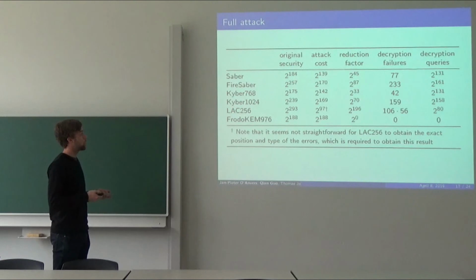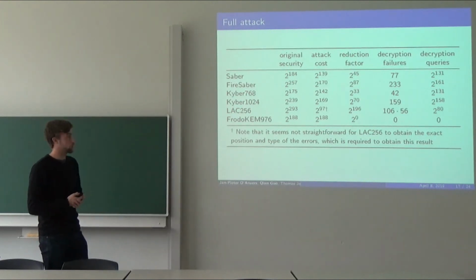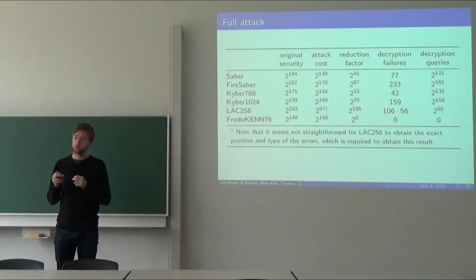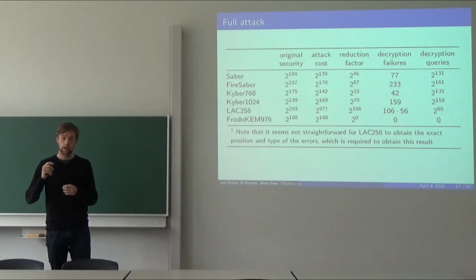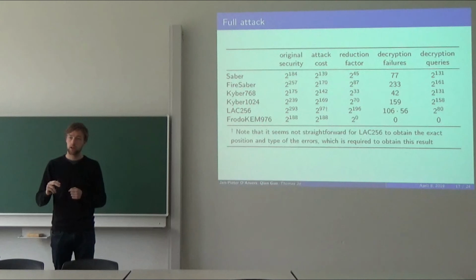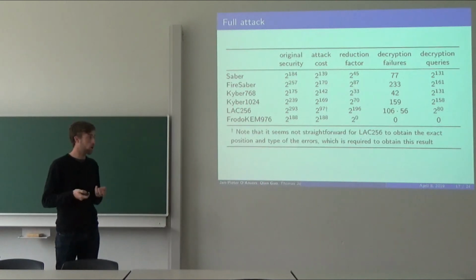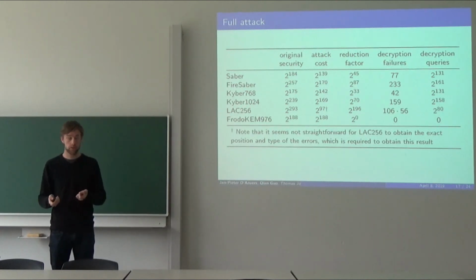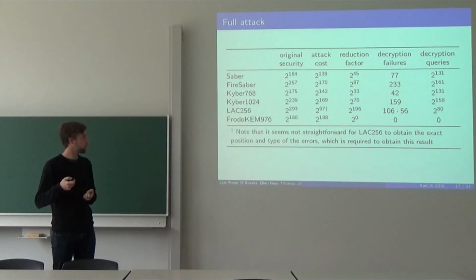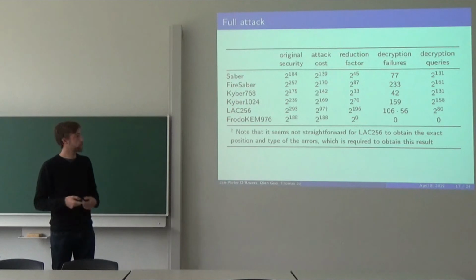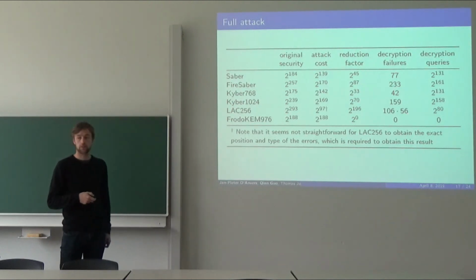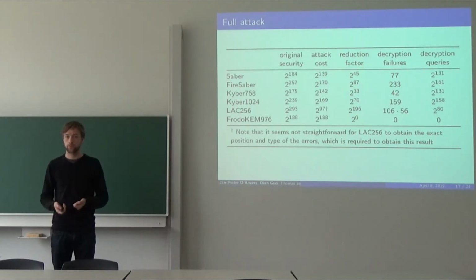So, what's the conclusion of this? Yes, you should really take care of this failure probability. It can be really dangerous, and you should not have a failure probability that is too low. But on the other hand, the schemes that are now in this post-quantum process are conservative enough in that you need really a lot of decryption queries, an impractical number of decryption queries, to get an attack on it. So that's my part of this presentation.